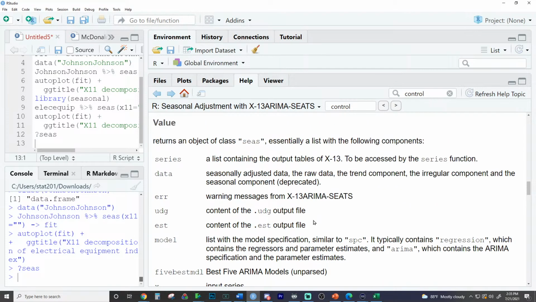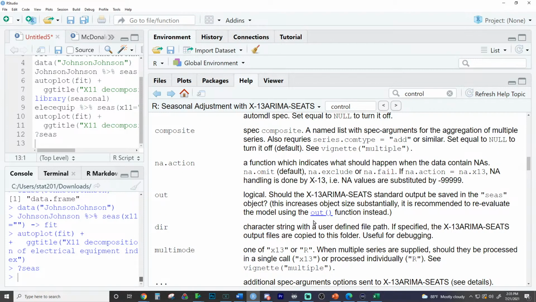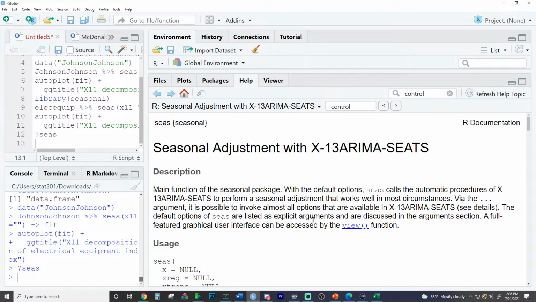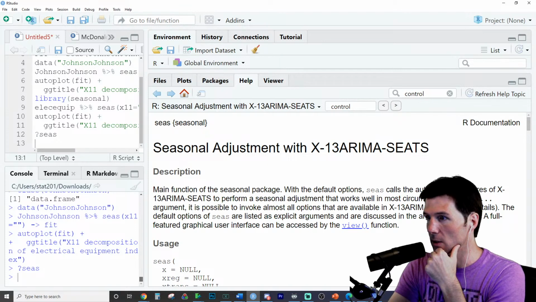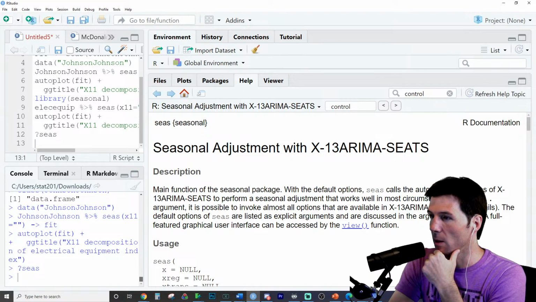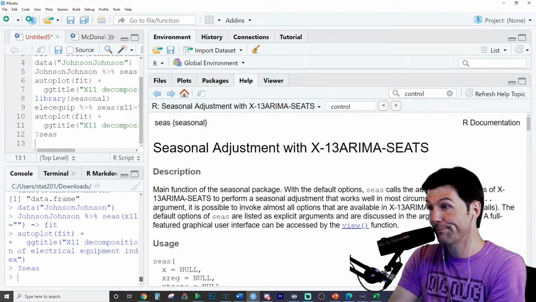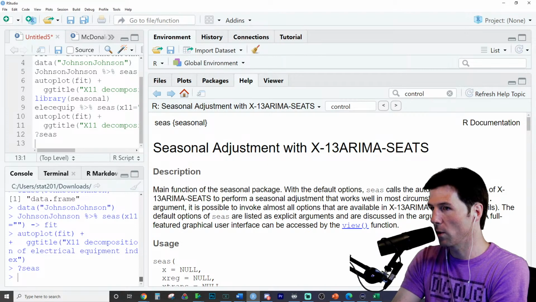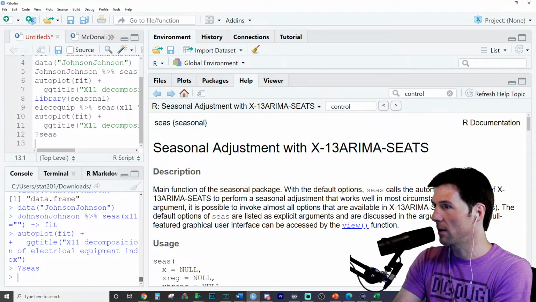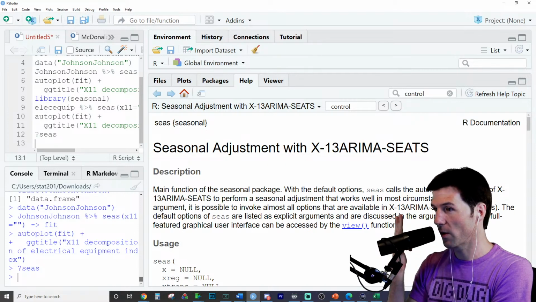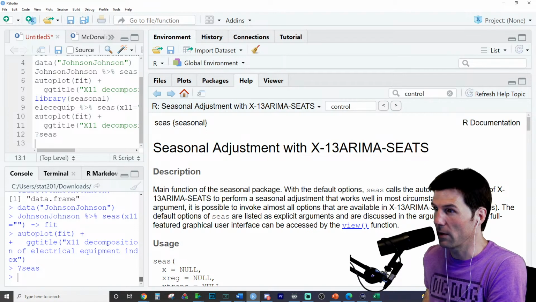If you want to go deep into it, just start trying to optimize this one, and you'll start optimizing even further on your decomp. But once again, this is not basic decomp anymore. It's going to have some specialty stuff, especially for stocks, I was reading about. A lot of people are using this. If you want to do stock stuff, it's probably this sort of thing, which is going to control for holidays and different things that would have inherent variation in them. Does that all make sense? This right here is really advanced.